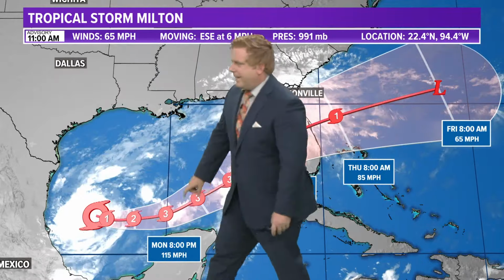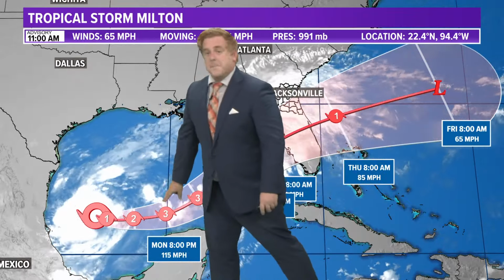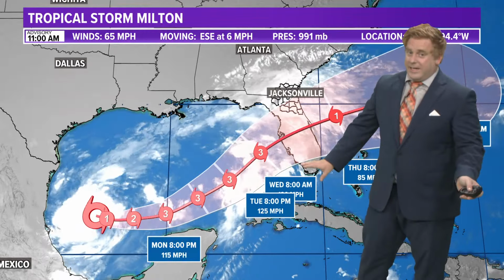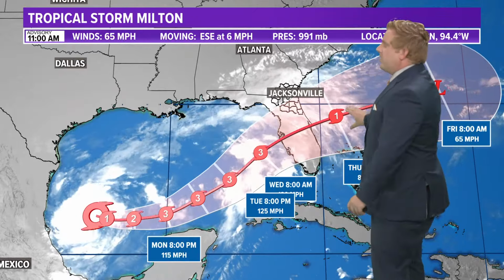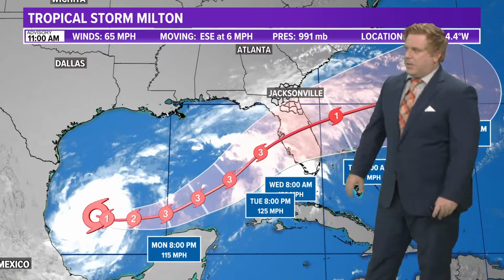Taking a look at the forecast track, it's expected by the National Hurricane Center to become a hurricane here on Sunday afternoon through the evening, up to a major hurricane on Monday already, passing just north of the Yucatan Peninsula and then heading off towards the east, staying at that Cat 3 status. Could even get stronger than that if ingredients help develop this even more, before coming onshore just around the Tampa area here in central Florida, then basically running right across I-4 off towards the east. The track has shifted slightly towards the south since the last update, but do remember that cone of error, which means things still could waver here